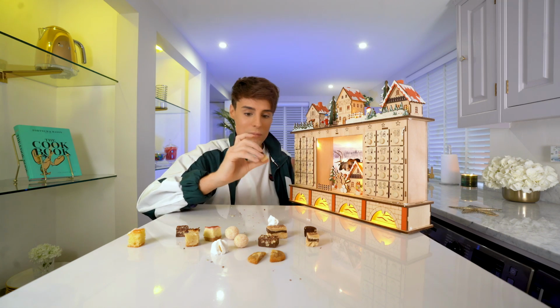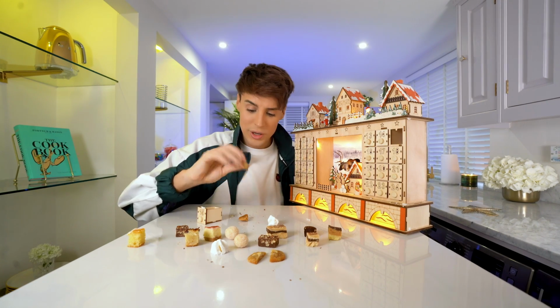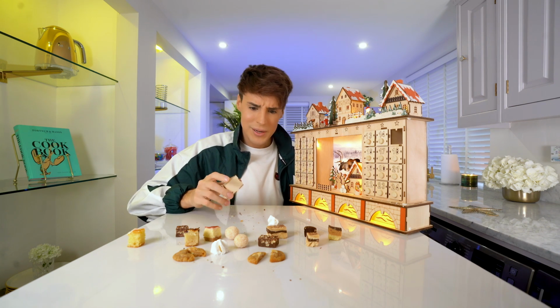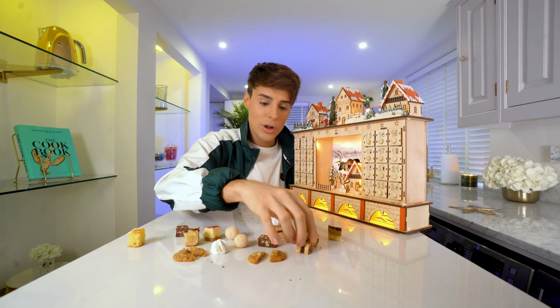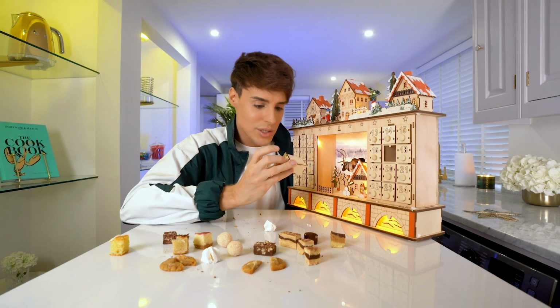it's like a miniature millionaire shortbread, which is probably my favorite candy ever. A cookie. I mean, both of them, but this one specifically, this must have been so much work because there's cookies, there's truffles, there's actual chocolate. I honestly don't know what this is, but we've got a lot of that. It's like peanut butter fudgy. It is a little more repetitive than I was...